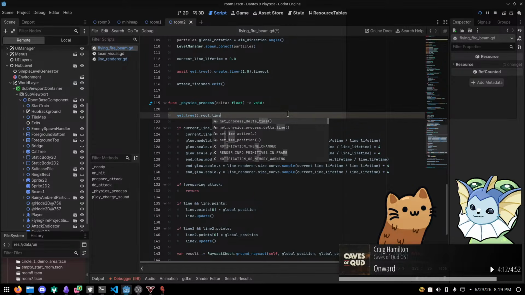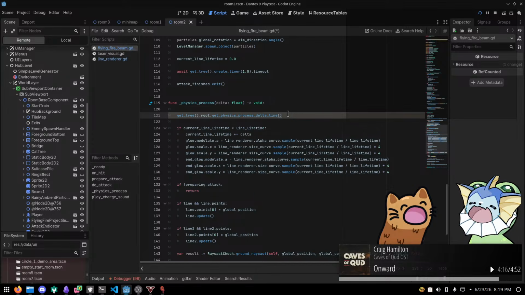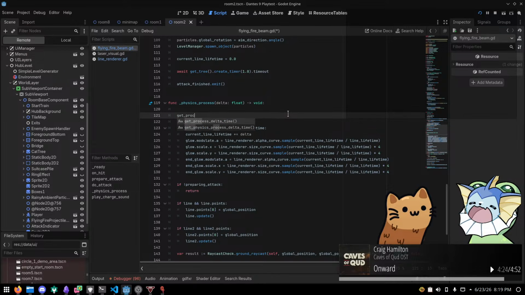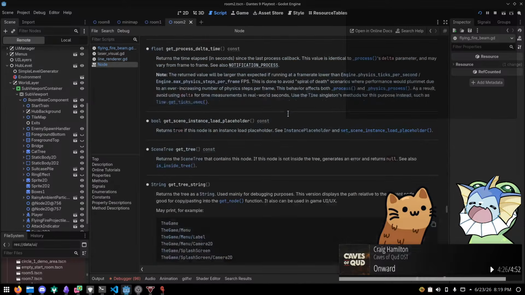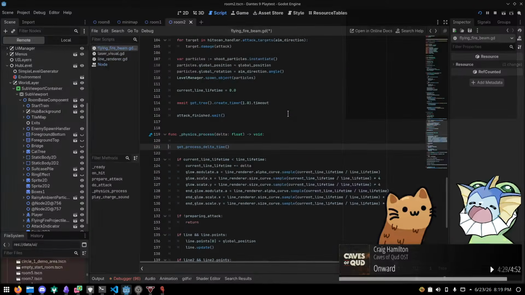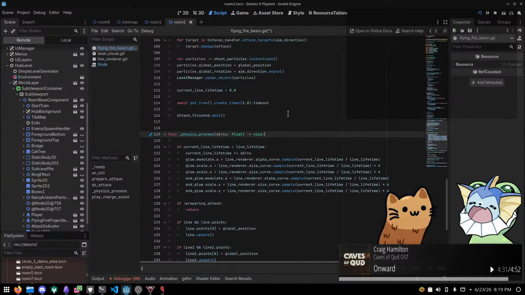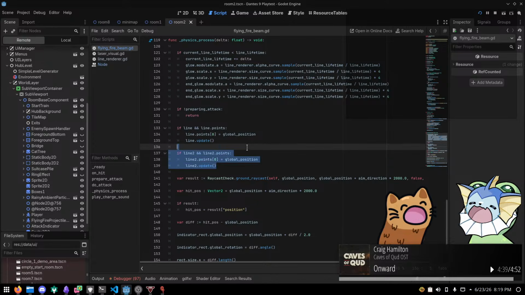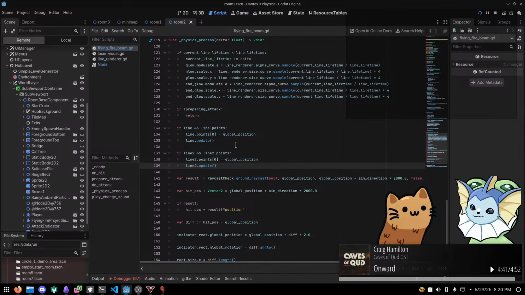It's off of root. There's get process delta time and get physics process delta time. You can grab it from anywhere arbitrarily. What'd you say? I didn't think you had to do root. I thought you just did. Yeah, it's a built-in method for nodes. You can get it arbitrarily, but it's very explicit which functions use it, which I'm a big fan of, and I've grown to really like it. I used to just pluck it off of the time object, but